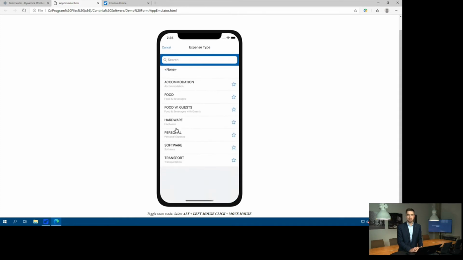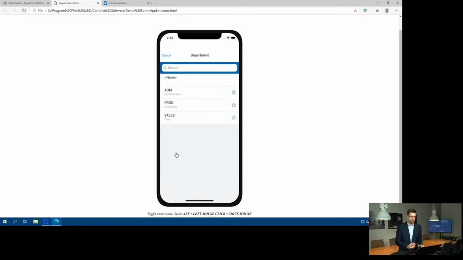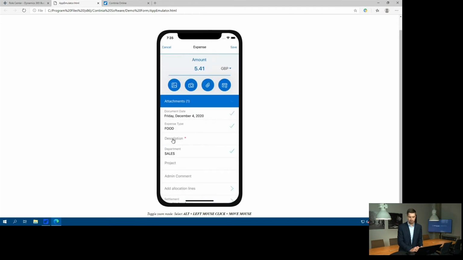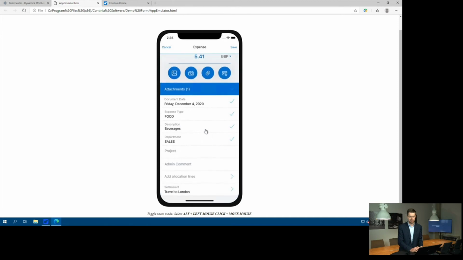Then I need to specify the expense type. In this case, it will be food. I should define, in my case, department. That will be sales. A description. So that's beverages. Actually, the list of fields, the information that should be stored when creating new expense, that's something